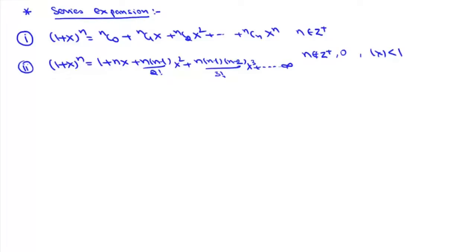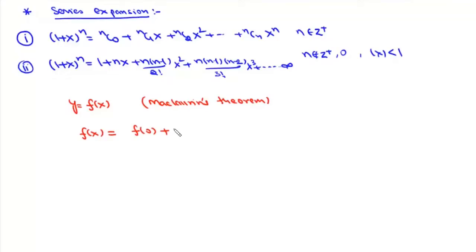Now it is possible to get the series expansion for a lot of functions. So if we have any function y = f(x), and if we want to express it as a sum of a series, we can use something called Maclaurin's theorem. Now Maclaurin's theorem says this function f(x) can be approximated by the series which is